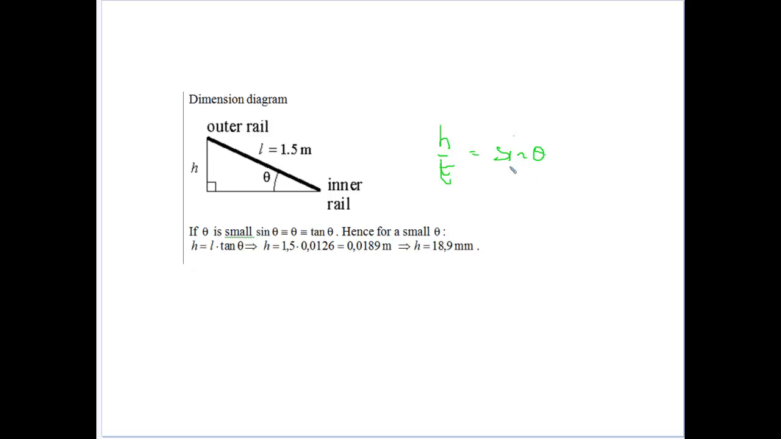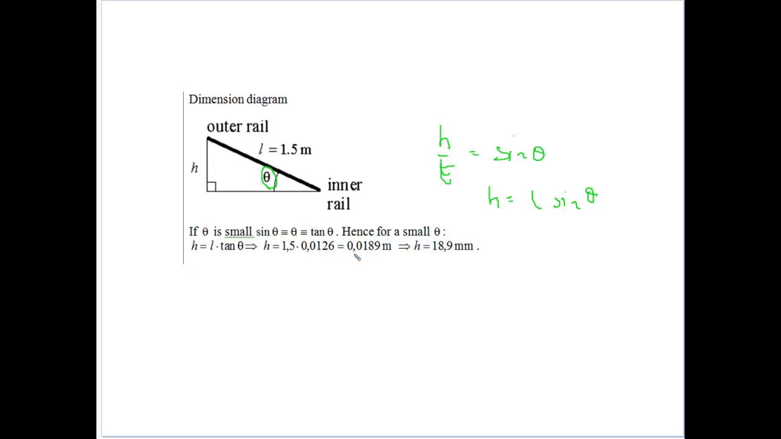Now we know when the angle is small, and the angle is going to be small here, sine theta and tan theta are basically equal to theta. So if that's the case, instead of H, the height, being equal to L sine theta, since sine theta and tan theta are going to be the same when small, instead of doing a little bit more calculation, we just say H equals L sine theta, the same as L tan theta, which is 1.5 times